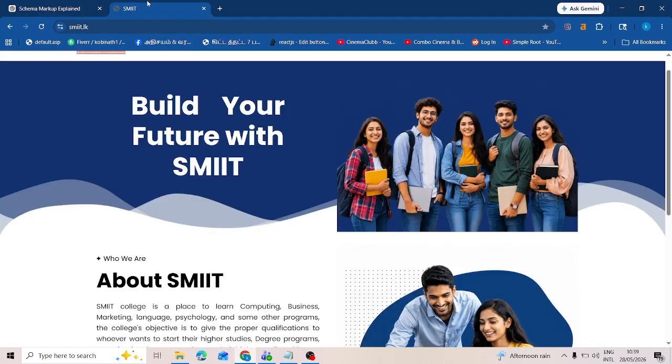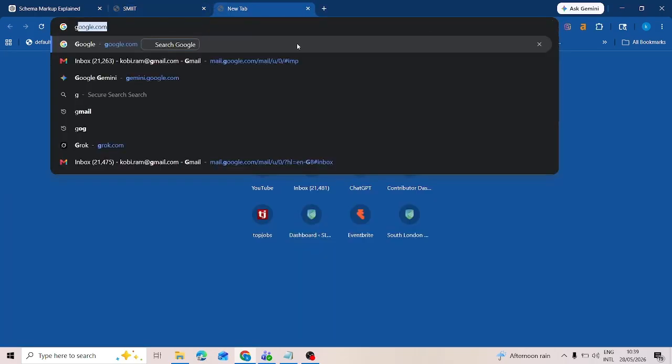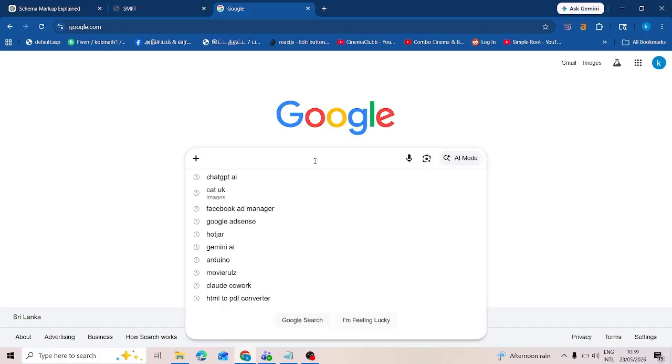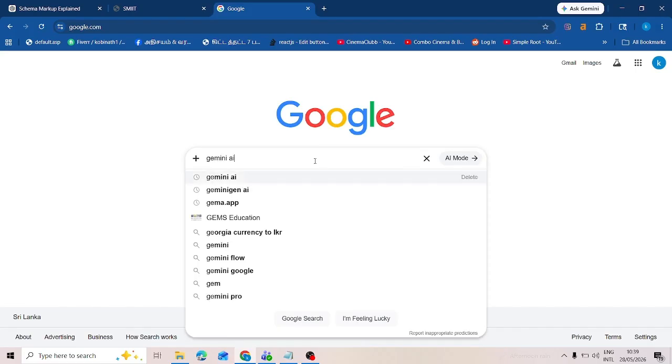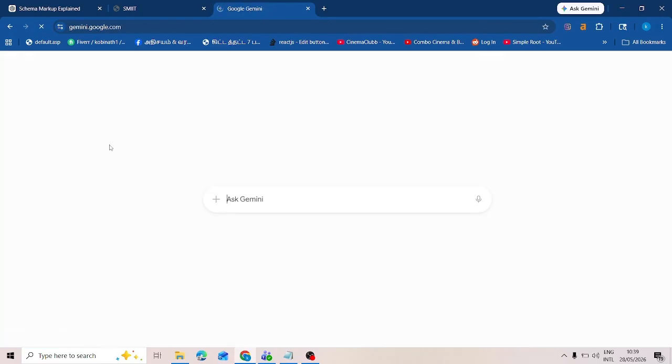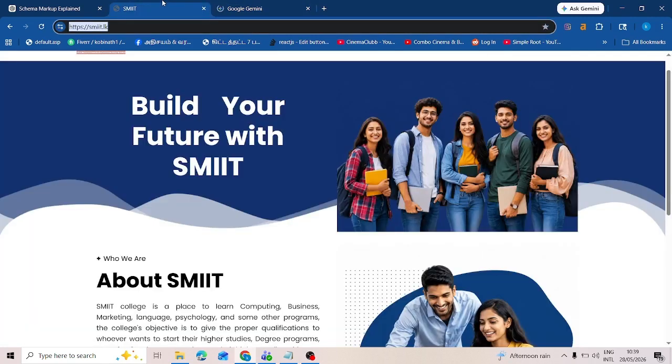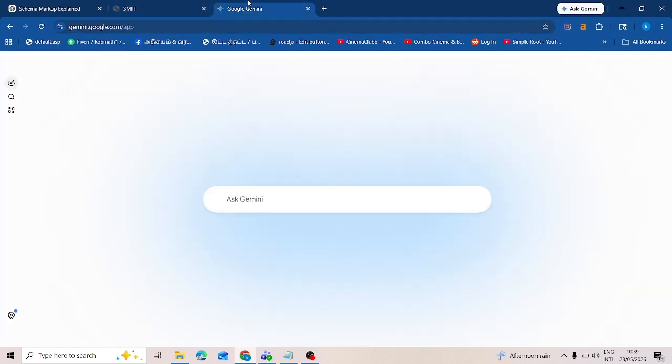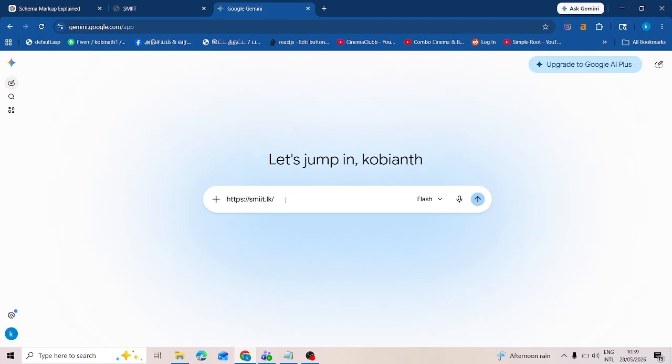This is a simple site. You go to Google and type Gemini. Go to Gemini and tell it this is your website. You can put in the site URL and tell it, give me a